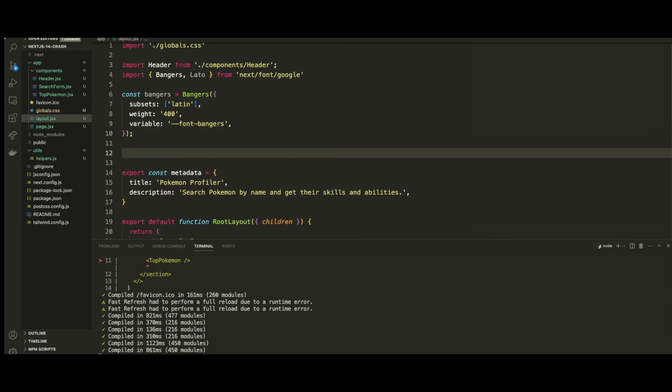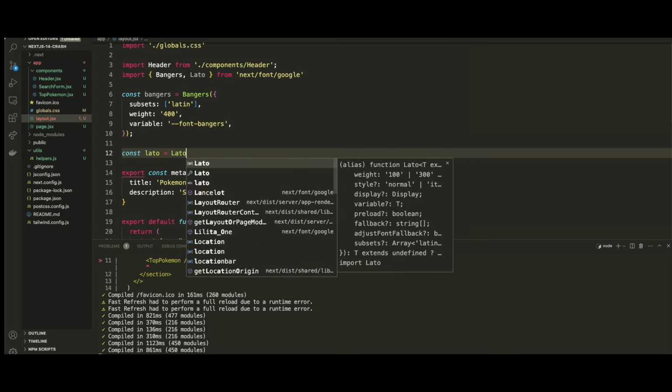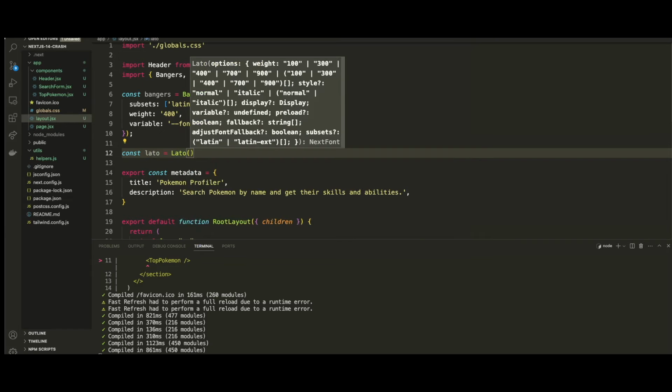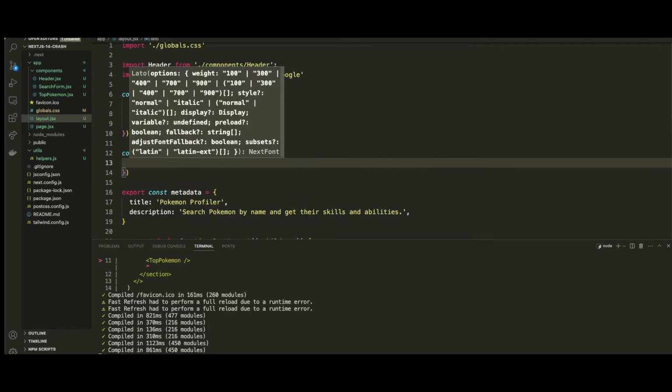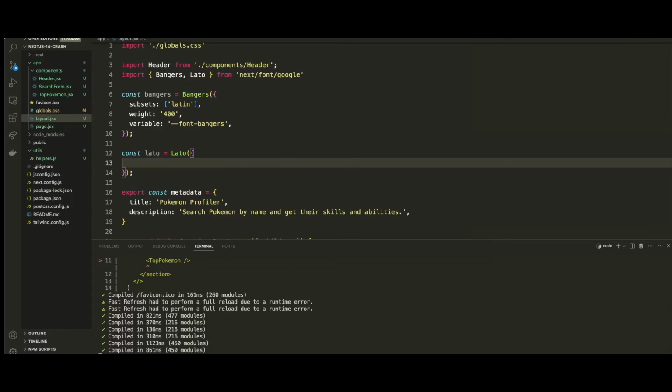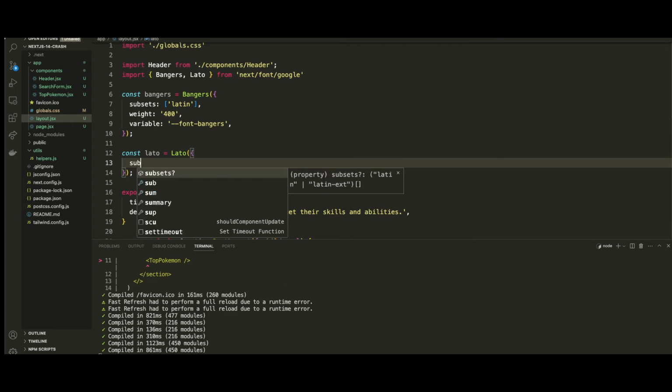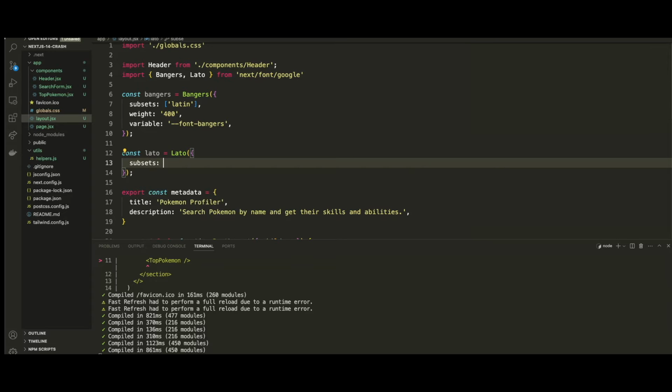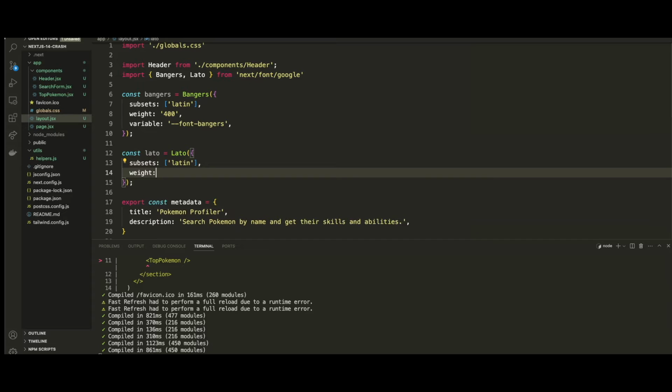The second one is going to be our Lato. So we're going to do something similar. We're going to say const Lato, capital L for the Lato function, and then we're going to pass in curly braces within this method call. All right, and then we're going to do the same thing. We're going to have subsets, and that's going to be an array, and we're going to pass in Latin as well. And then the weight for Lato,